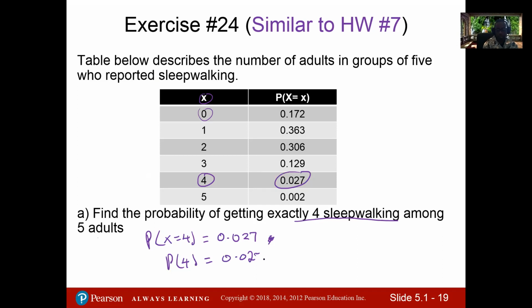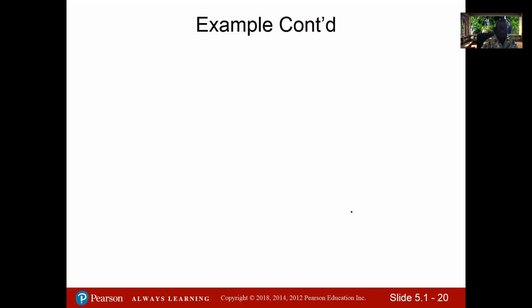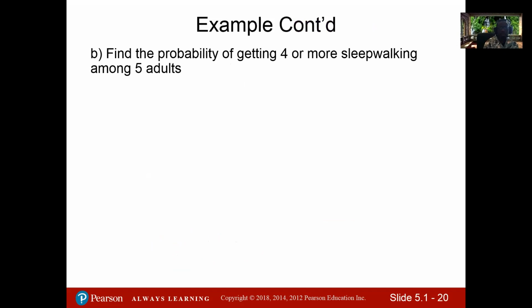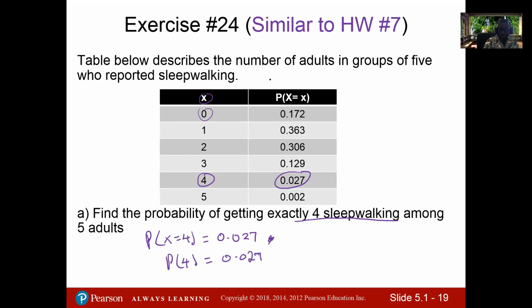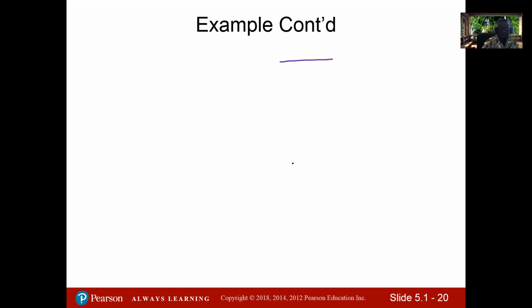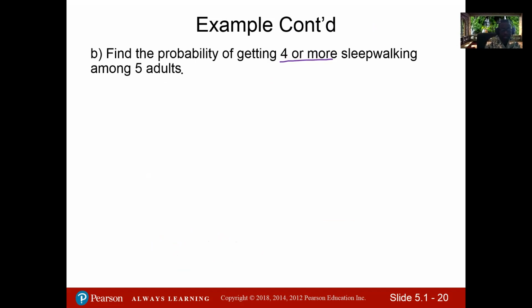Part 2 is to find the probability of getting 4 or more sleepwalking adults among the 5. If you go back to the table, 4 or more means exactly X equal to 4 or X equal to 5. So we're going to add these two probabilities together. To solve this, the probability of X or more is the probability of X equal to 4